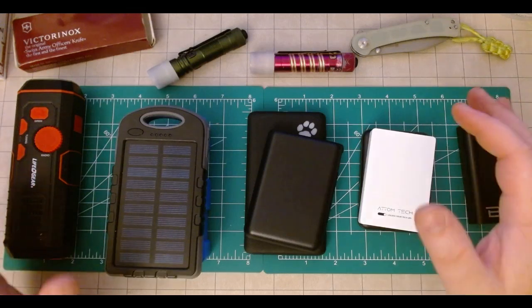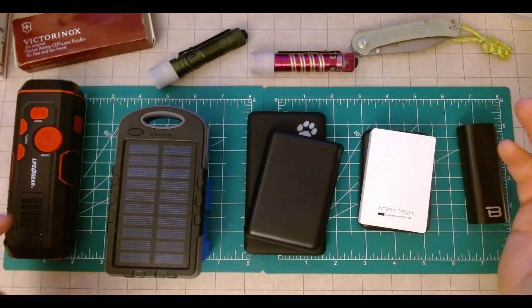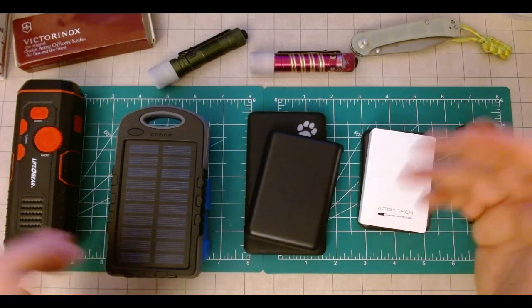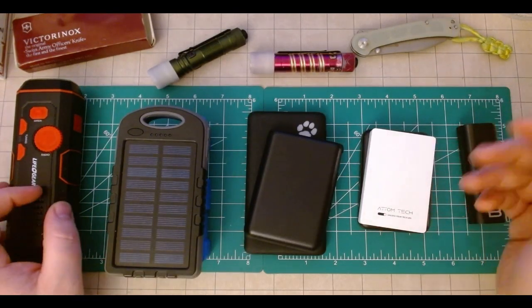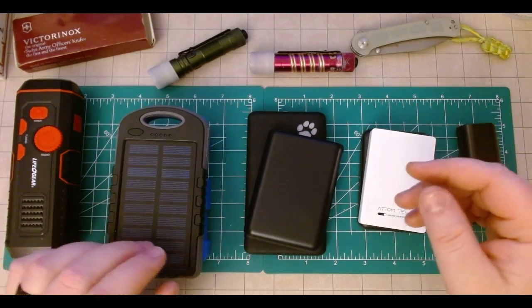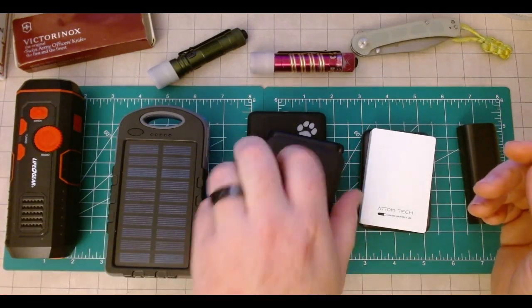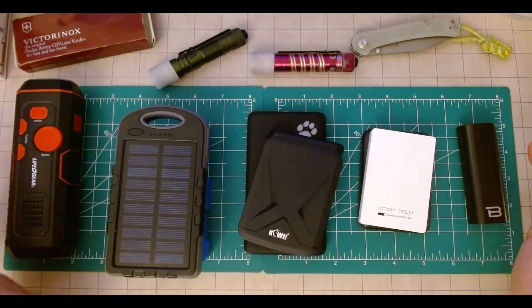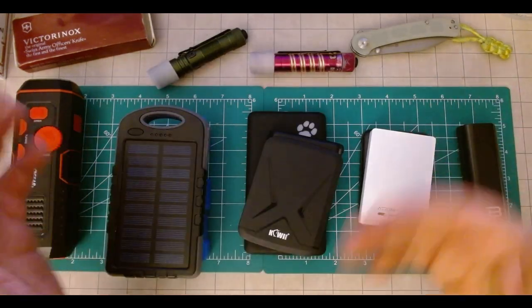So if you're in the EDC community, talk more about charging packs. If you are just getting into the EDC community, carry a charge pack. If you're in the EDC community and you don't carry a charge pack, why the hell don't you carry a charge pack? So go find a charge pack. I'll drop some links to my favorite ones in here. I don't want to just do a laundry list, but